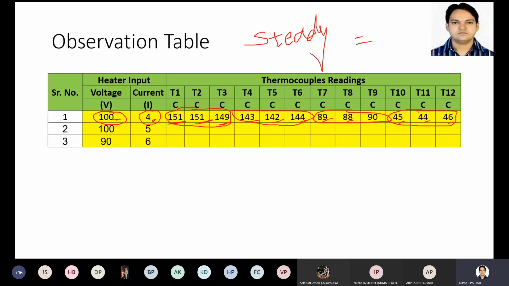As far as online experiments are concerned, you can use the same readings which I have mentioned here, which I will share on Google Meet and Microsoft Teams also. I will share one Excel sheet so that you can download it and do the calculation on your phone. I will explain how to use this Excel sheet also. Right? So these are the temperatures we measured in the last lecture.